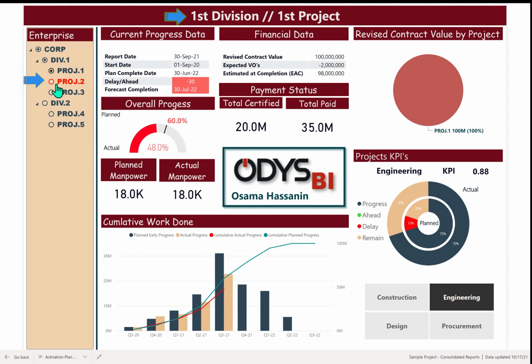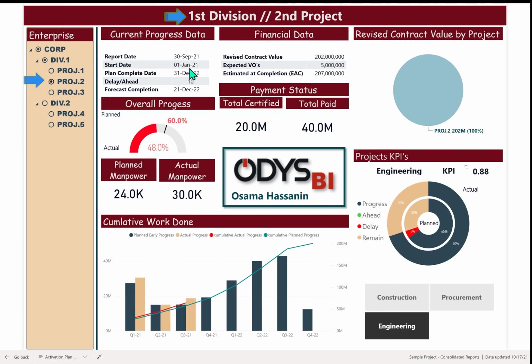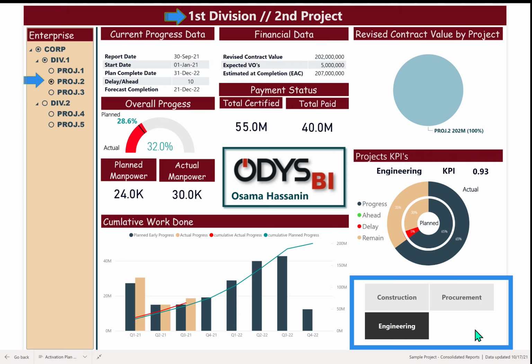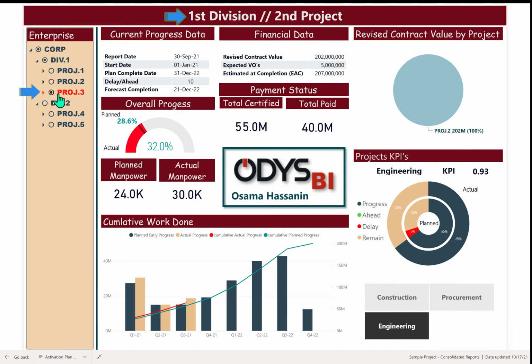If I go to project number 2, all the data changes now, starting 1st of January and forecast completion date end of December. You find here in the work done, quarter 1, 2021 up to quarter 4, 2022, and all the progress, all the data changed. As you can see here, there is no design as this project doesn't contain a design scope of work. Project number 3,